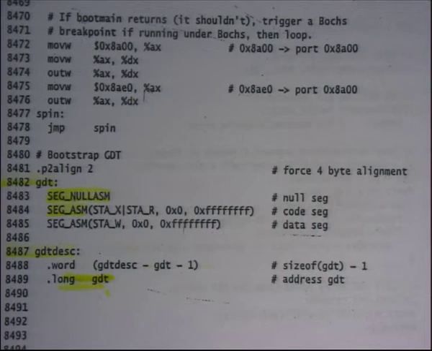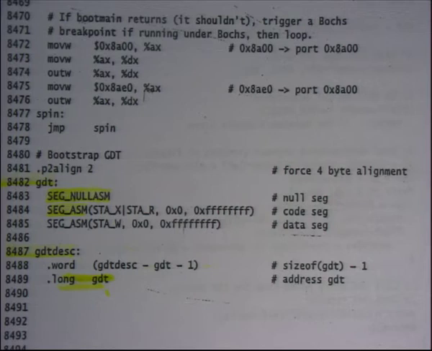These are all macros. Seg null ASM is a macro which will get macro expanded. You can actually browse the x86 code to see exactly what number seg null ASM represents. But whatever the number is, it basically sets up the GDT's 0th entry to say that this should never be accessed, basically never dereferenced.